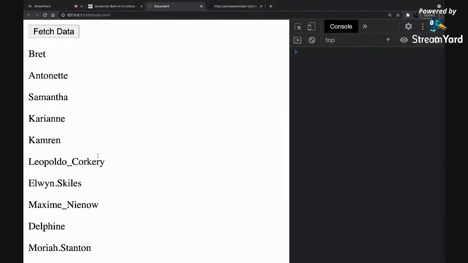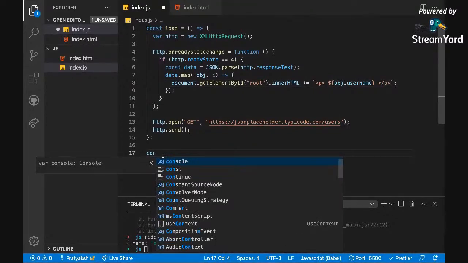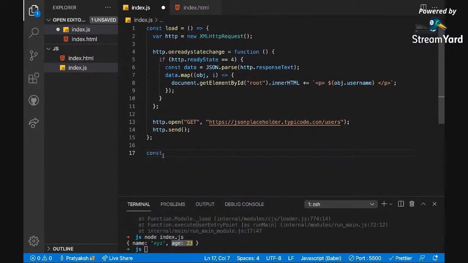Now let's play a little bit. Let's make a function called search.